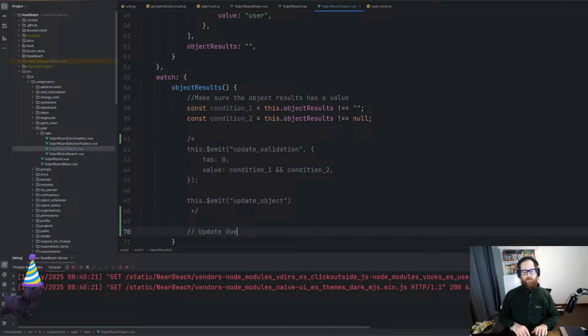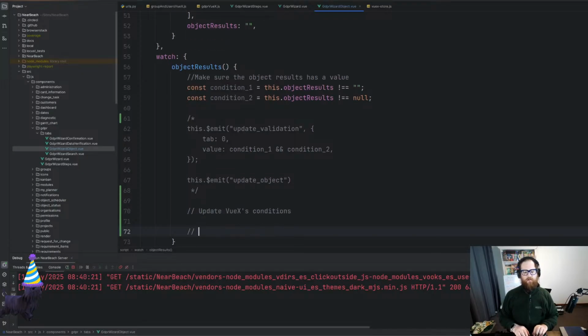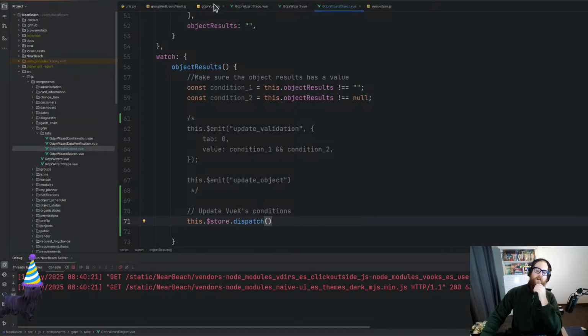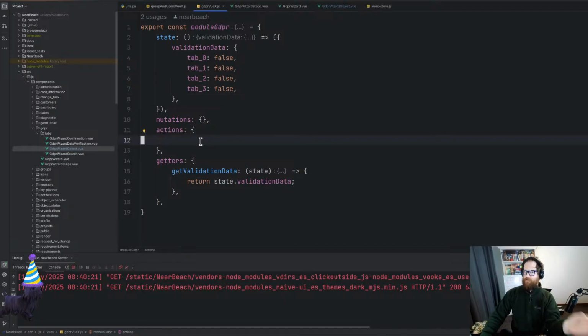What we want to do is update VueJS conditions, and then what we also want to do is, sorry, I'm just trying to think. Update VueJS data. We can actually do this in one hit. What we can do is $store.dispatch, and then we could go and dispatch something up here. The reason it's going to be dispatch is because of the action. There's a little bit of business logic with this. So we want to go update